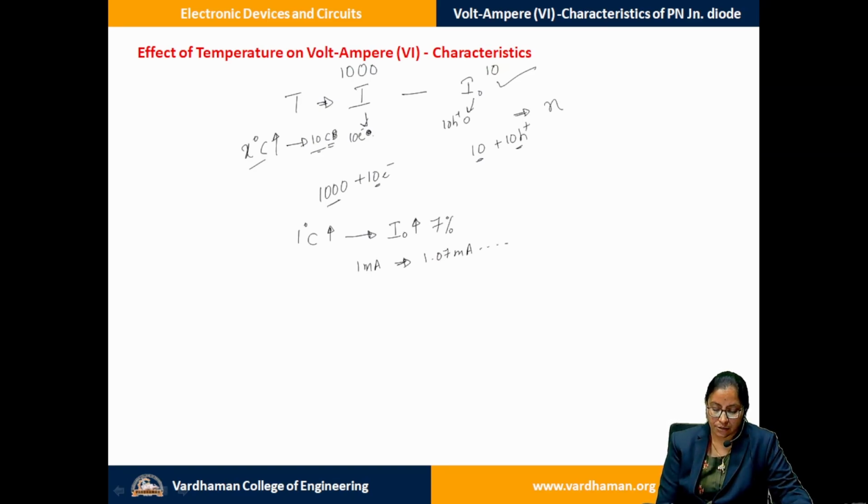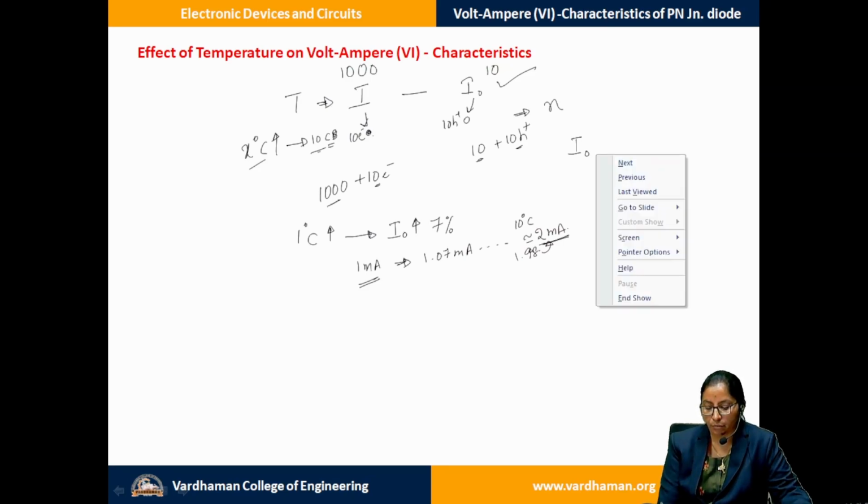As I raise the temperature, for every 10 degrees centigrade, it is found that the raise comes to almost a 1.98 factor, which is taken to be 2. So when we keenly observe, at some temperature it was 1 milli, after a 10 degrees rise in temperature it's 2 milli. From this it can be concluded that for every 10 degrees centigrade rise in temperature, the reverse saturation current gets doubled. So based on this, a relation is also given for the variation in the reverse saturation current,